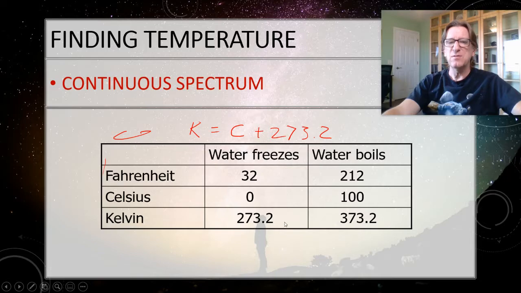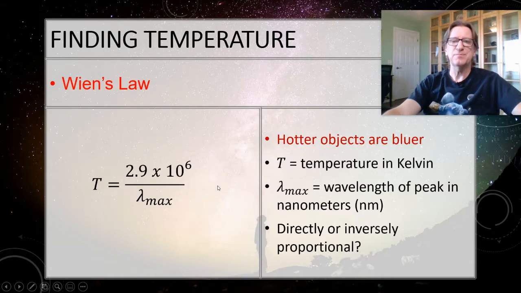So Kelvin is exactly the Celsius scale. The only difference is that we don't have any negative numbers. And hey, that's great, right? So we're going to be using the Kelvin scale for pretty much everything that we do here in class. Anytime you're working with a temperature, just make sure you're in Kelvin, you'll be fine. We will almost never be using the Fahrenheit scale. There's just no reason for it in science.